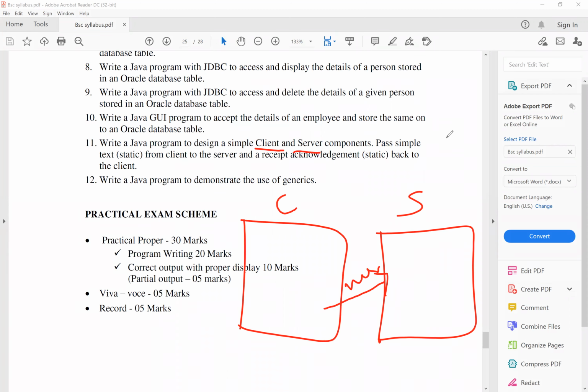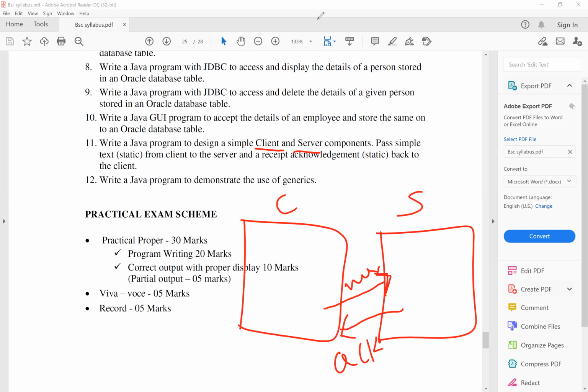After that we need to receive an acknowledgement from the server, that is, an acknowledgement that the server has received our message. Acknowledgement is all about the receipt or the guarantee that is provided by the receiver. This is the task that our program will do.